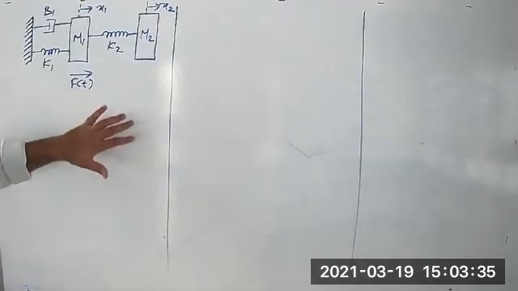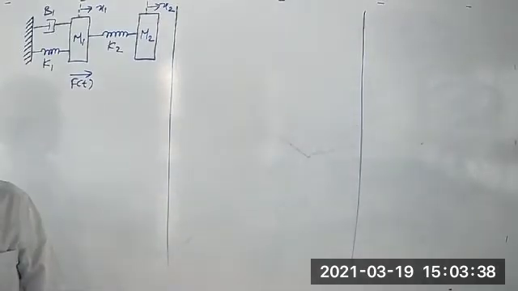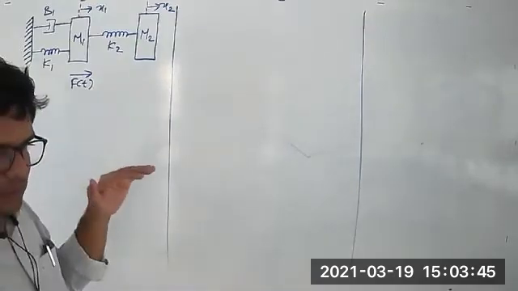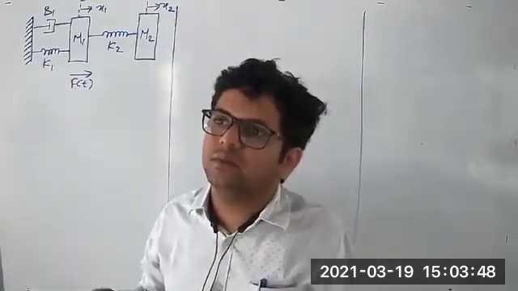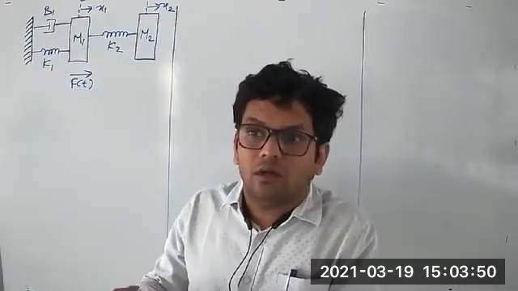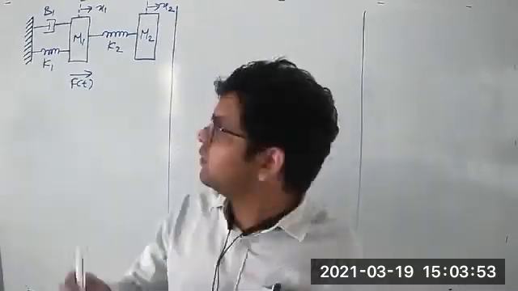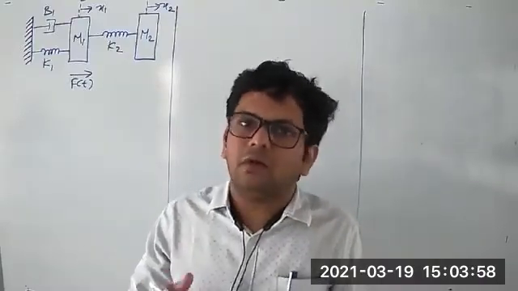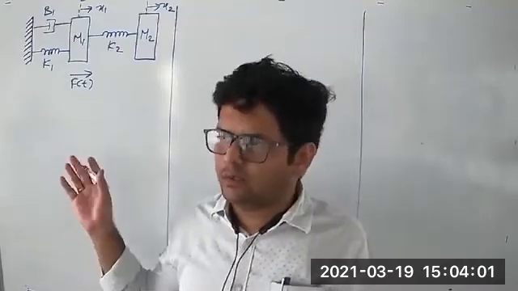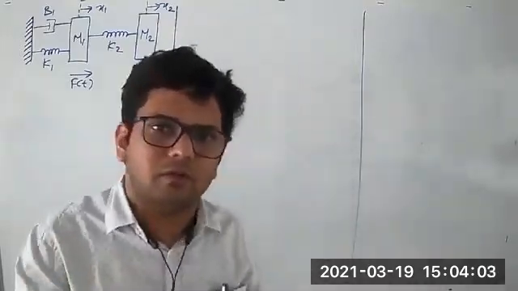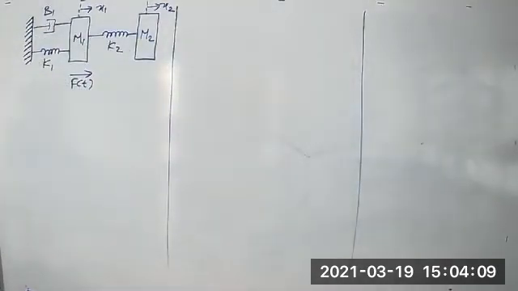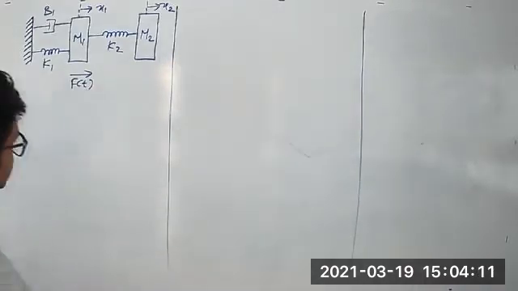So this is our second numerical on the topic mathematical modeling of a given mechanical system. So the mechanical system is given to you, and our objective is, number one, to find the mathematical modeling of the given mechanical system, and second, we need to draw the corresponding analogous electrical circuit of this mechanical system by applying the topology, which is nothing but force voltage analogy. The same you can apply by using the concept of force current analogy, but for the time being we consider that we will apply force voltage analogy. So let us apply those steps one by one.